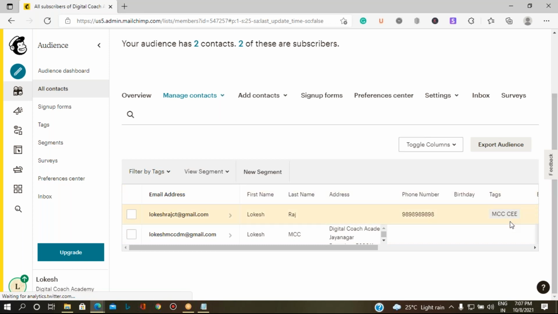If there is nothing in the tag column, it means it is general. If there is any specific tag, it will be listed under that particular tag list. So this is how we can add a subscriber.